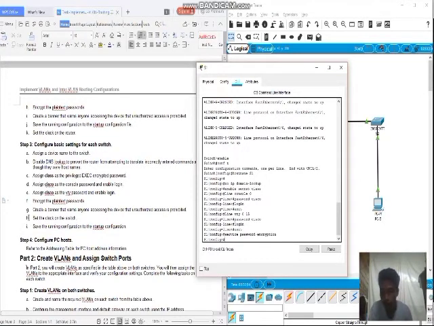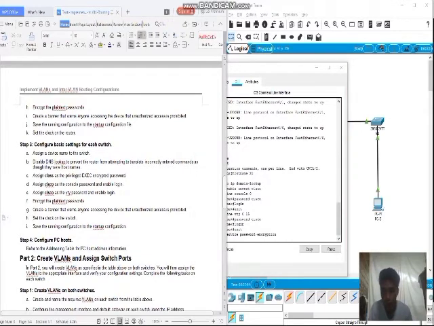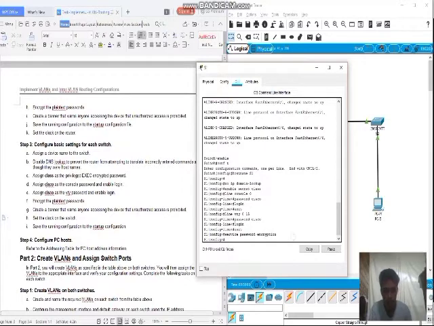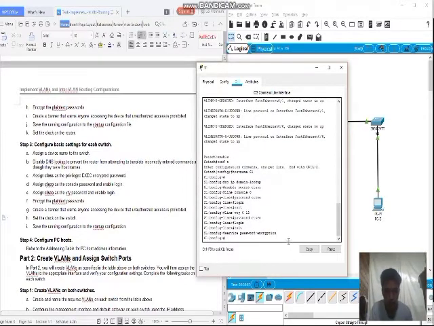So next, you must create a banner that warns anyone accessing the device that unauthorized access is prohibited. It's just the same as the command that we implemented in the router. So the command for it is banner motd,